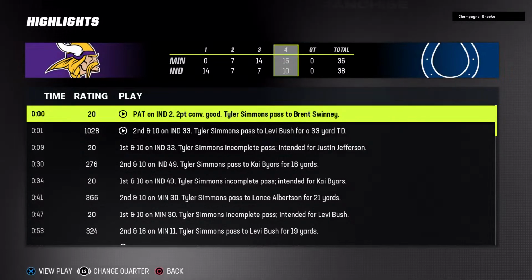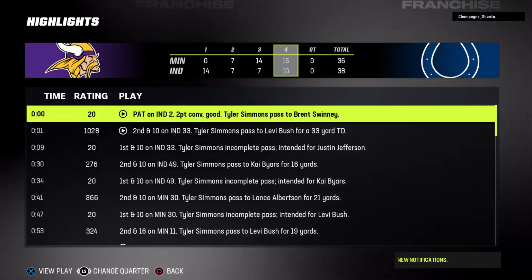Well, at least at the very end, there's something to take away. They lost the game, but got in the end zone, got a 2-point